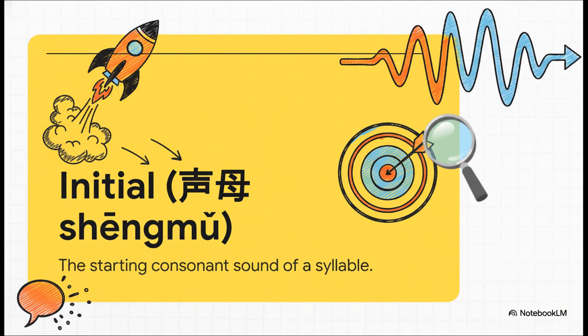First up, we have the initial, or in Mandarin, the shengmu. This is pretty straightforward. It's the consonant sound that kicks off the syllable. It sets the starting point for the sound. So for example, if you hear the sounds bo, po, or mo, you're hearing the initials b, p, and m